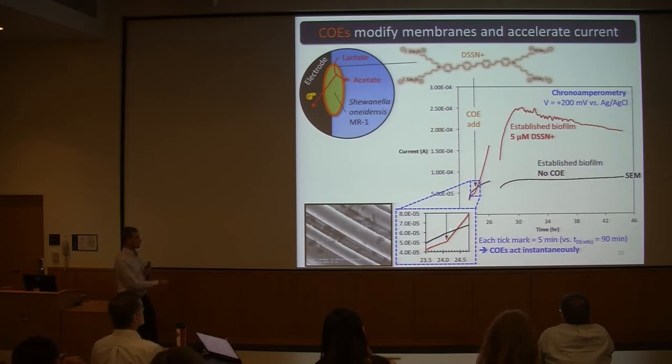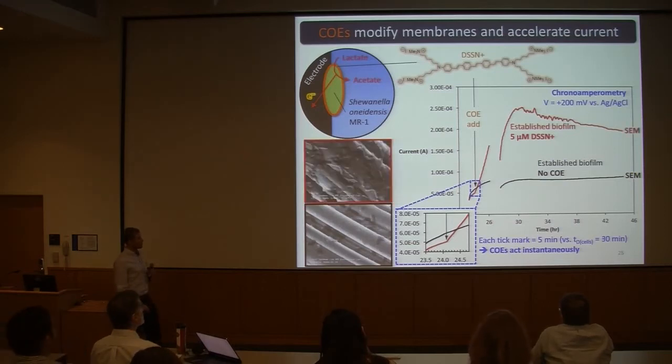So we're seeing electron transfer accelerate almost instantaneously, and then it stays sustained over many hours. If I change the media or anything like that, this current stays elevated. So this is indicative of transmembrane electron transport being accelerated and not something like growth, say,